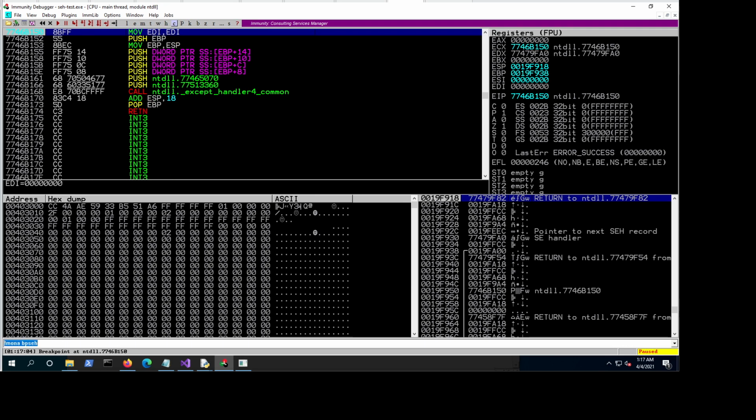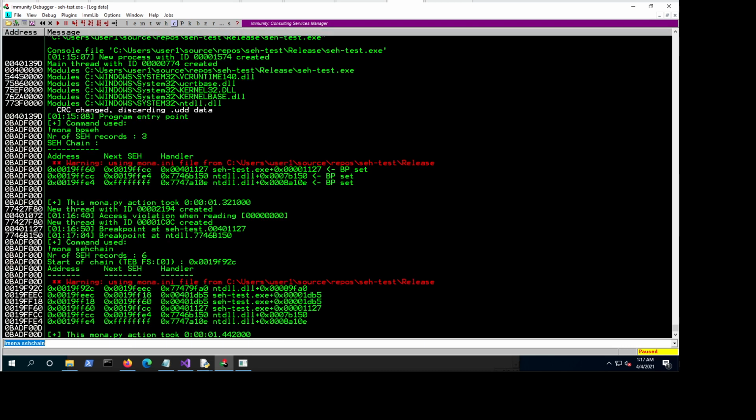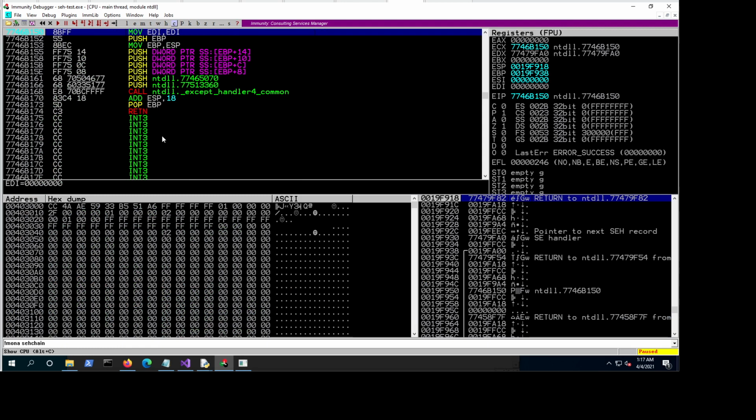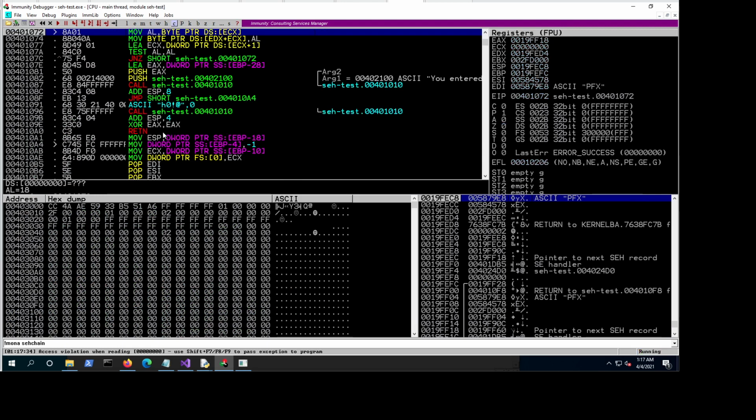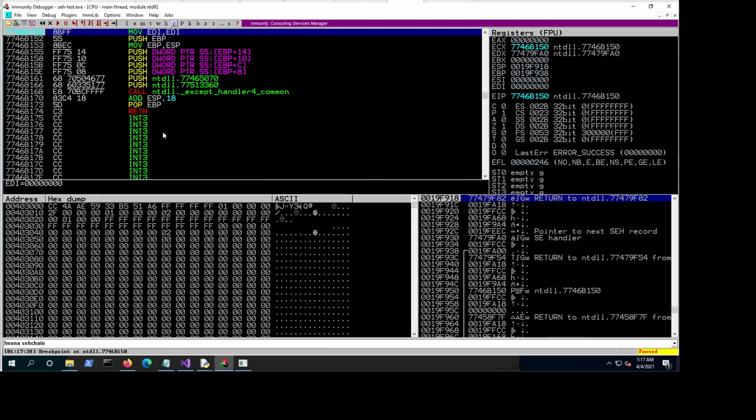Let's do !nona SEH chain just to see. 150, is it another 150? Yep, so this is another exception handler. So if we go back and continue the execution, bypass the exception,